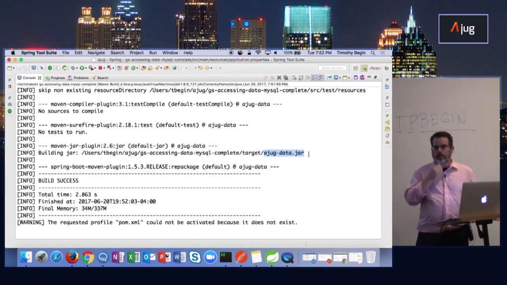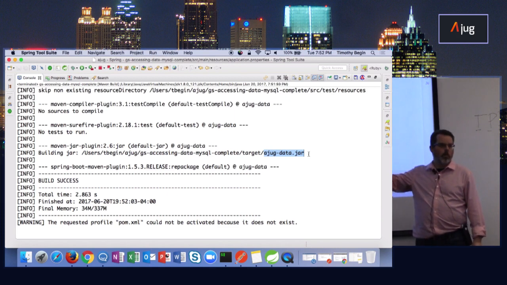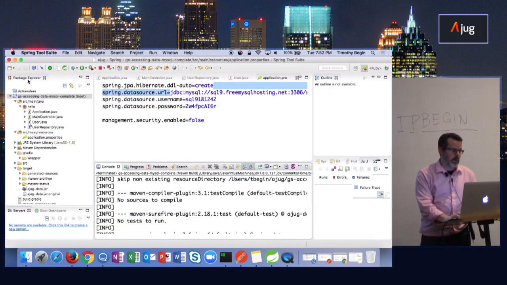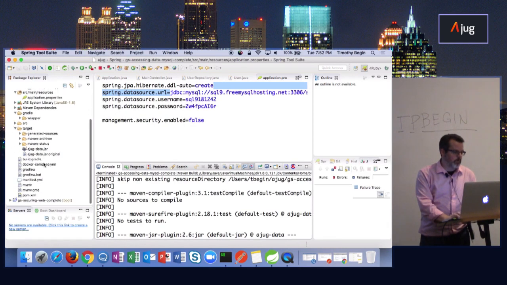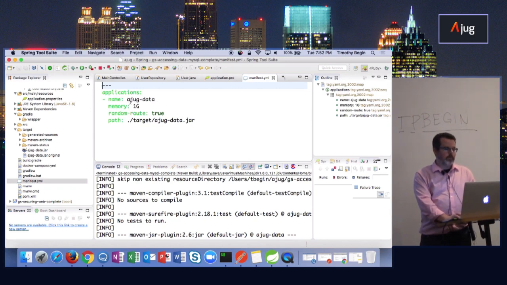The way that you would then tell Cloud Foundry how it needs to deploy your application is you're going to generate a manifest.yaml. You can call it whatever you want, but it will default to using manifest.yaml. So I said I want you to have this application named AJUG-data. So the AJUG-data is what it's going to append in the front.